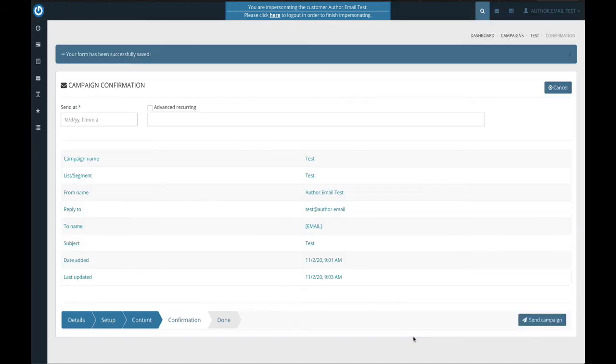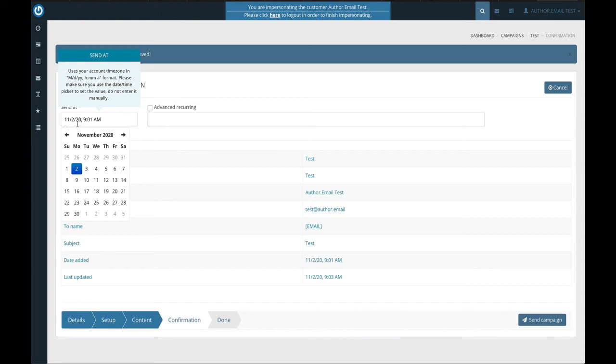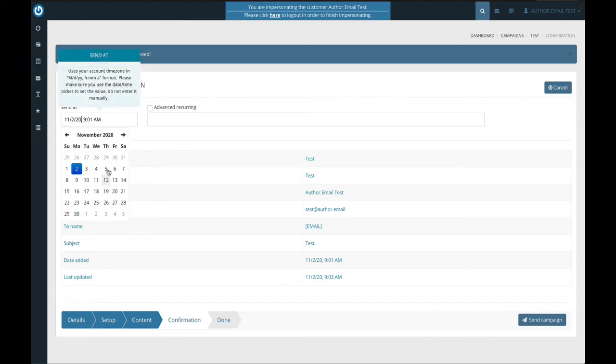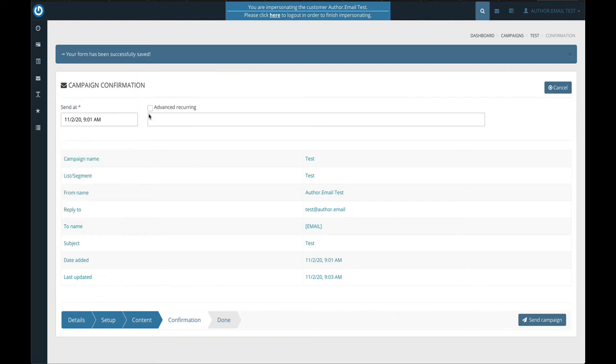The last step is where you'd actually schedule the email. You can choose to send it immediately, which is what this defaults to, or use the date picker to send it sometime in the future. It'll give you a breakdown, preview of what's being sent. And then this button over here